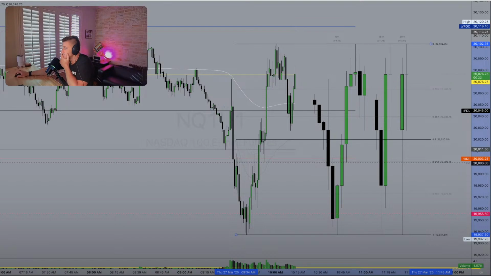A little long setup. Locked too tight. Dom's in there.